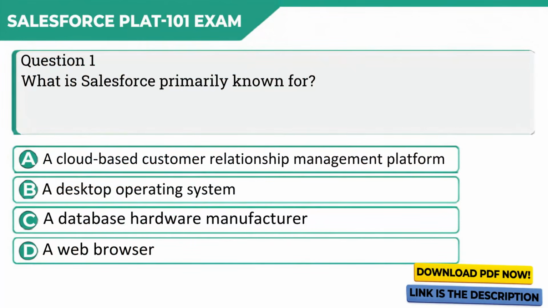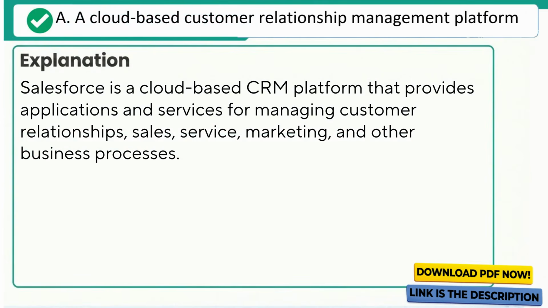Question 1. What is Salesforce primarily known for? A. A cloud-based customer relationship management platform. B. A desktop operating system. C. A database hardware manufacturer. D. A web browser. Correct answer. A. A cloud-based customer relationship management platform. Explanation. Salesforce is a cloud-based CRM platform that provides applications and services for managing customer relationships, sales, service, marketing, and